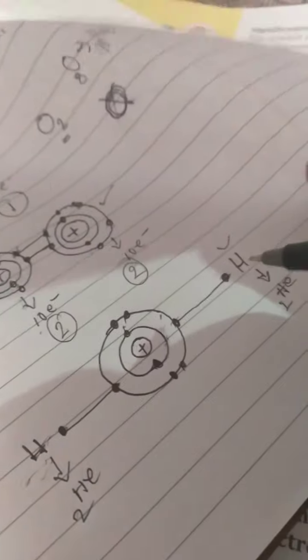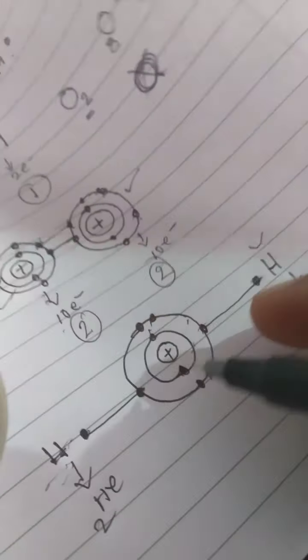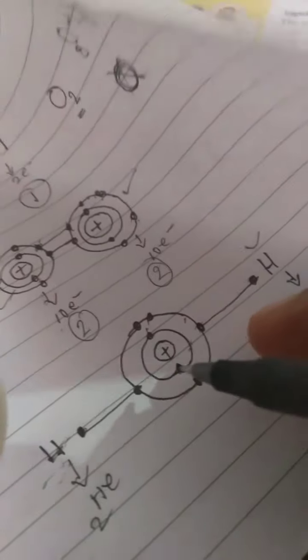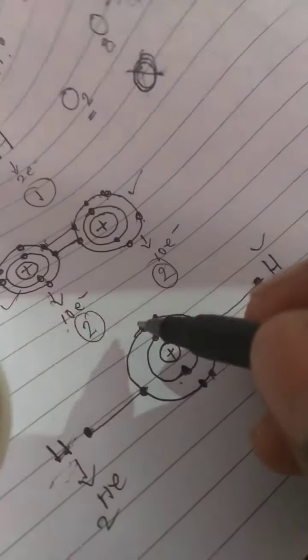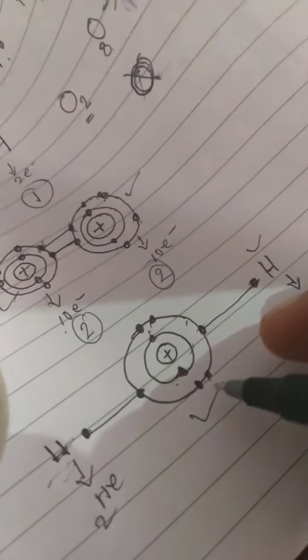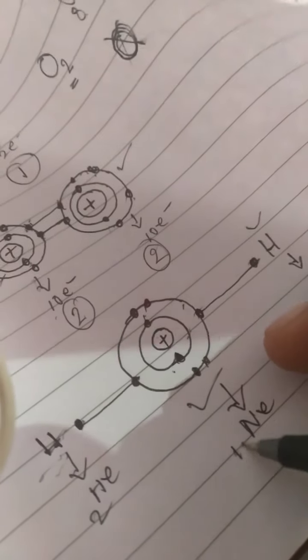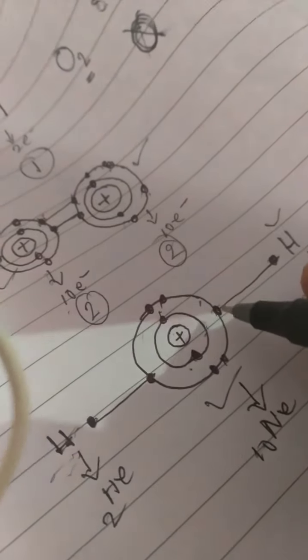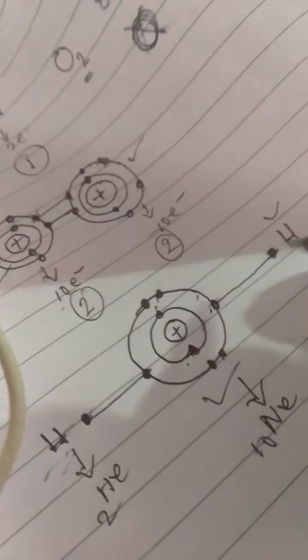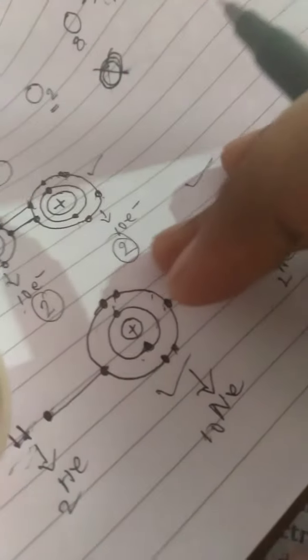Noble gases are the kings of the elements. So this oxygen, now count how many electrons we have in it: 1, 2, 3, 4, 5, 6, 7, 8, 9, 10. Hooray! Oxygen has also achieved the nearest noble gas, that is neon. Understood? So what is the valency of oxygen here? 2, because it has shared 2 electrons. And what is the valency of hydrogen here? 1. So like this we determine the valency of an element.